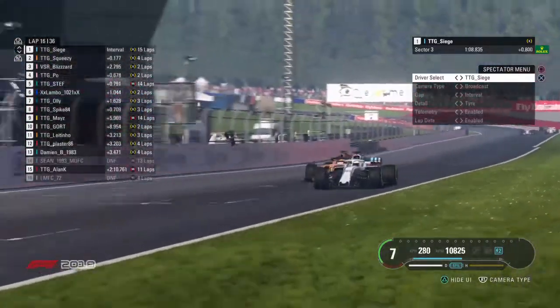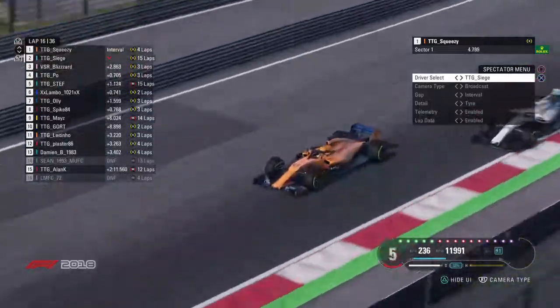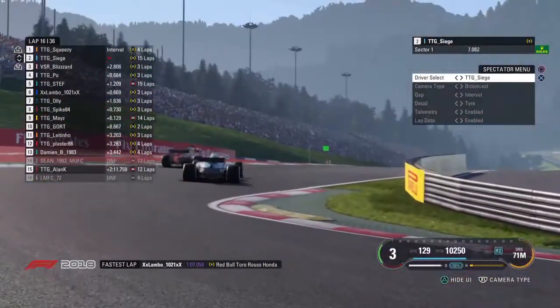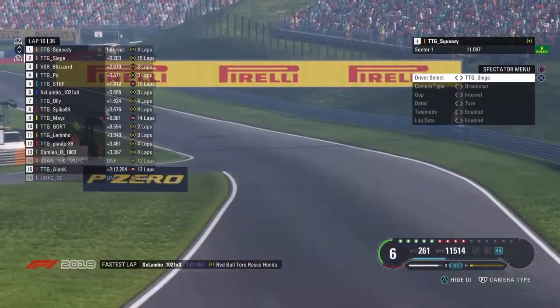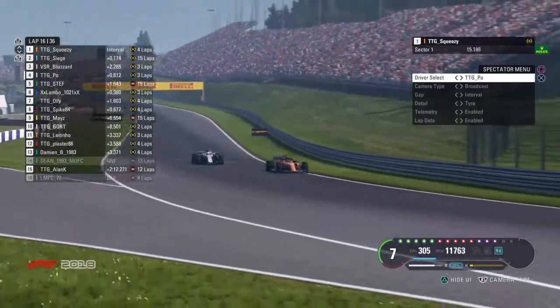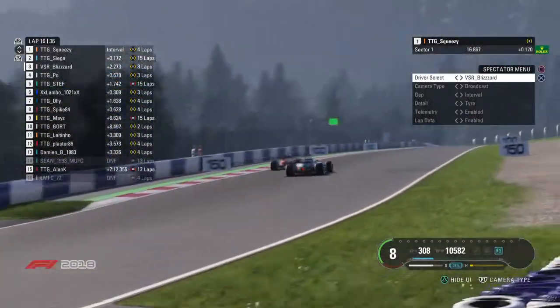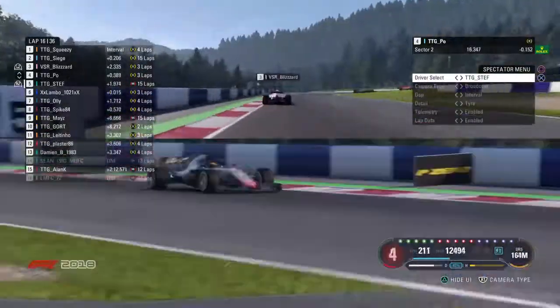You can let these tyres last a long time, but here comes Squeezy up the inside as they head up the hill towards turn 1. And I don't think Siege made that battle too difficult for Squeezy. So Squeezy then takes the lead of the race on the Austrian Grand Prix. 21 laps to go here in Spielberg. As you can see there, that is Siege thinking about a move up the inside, but didn't quite want to make it,